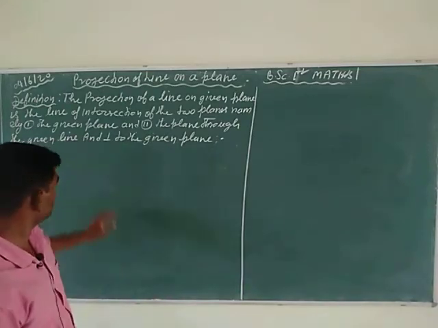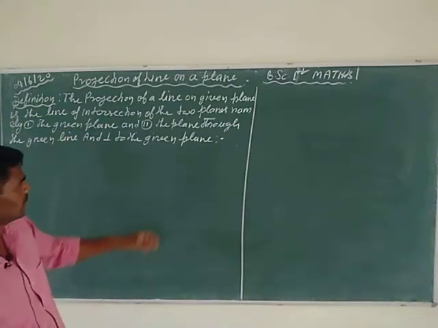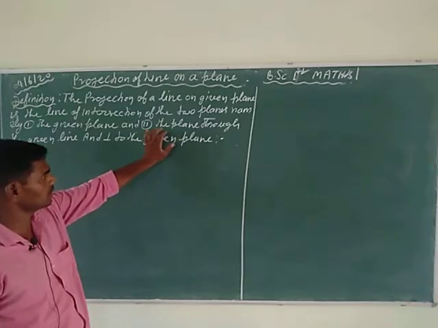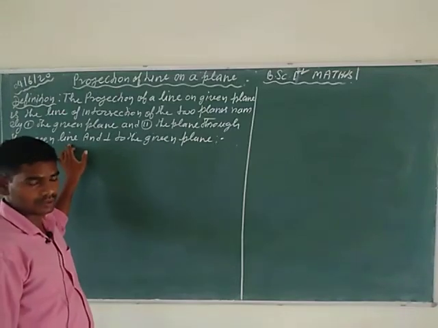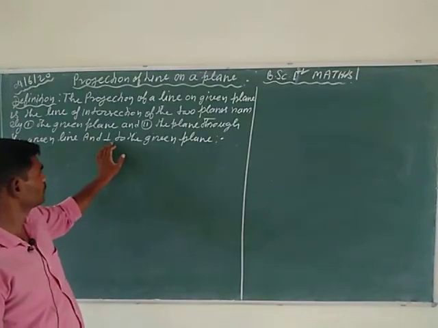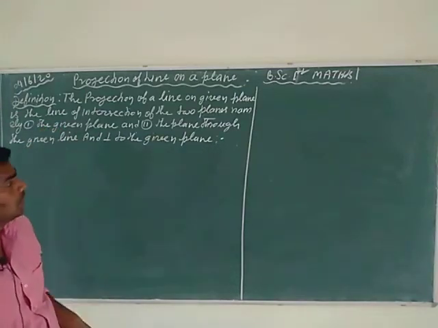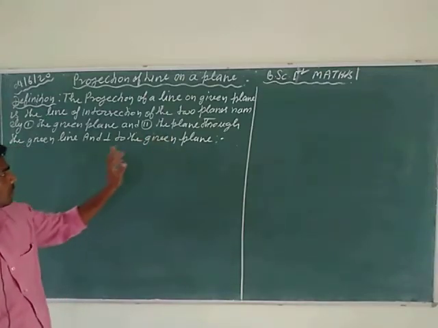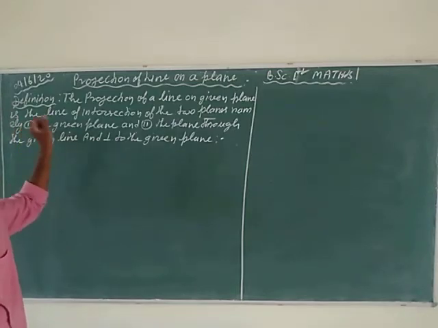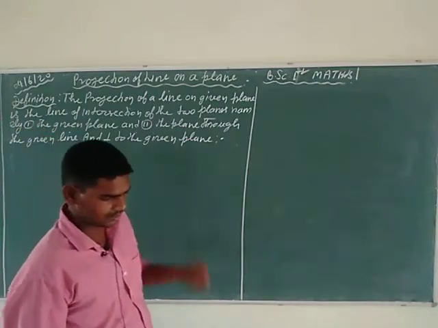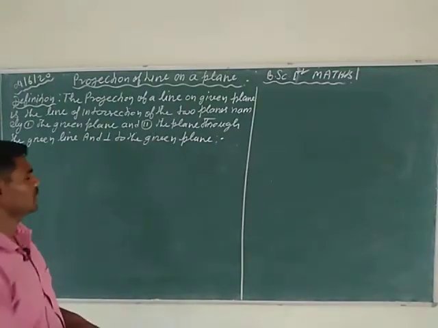According to the definition, the first intersecting plane is the given plane, and the second intersecting plane is the plane through the given line. In the question a line is also given, and a plane. Here this plane is the first plane, and in the second point, the plane through this line must be perpendicular to the given first plane. So applying this definition, I want to solve some questions related to this article.